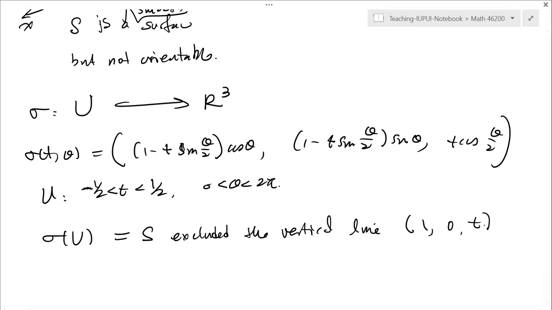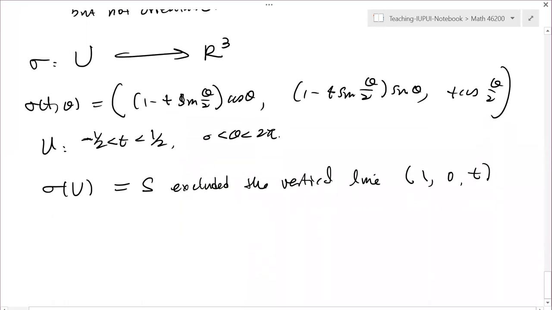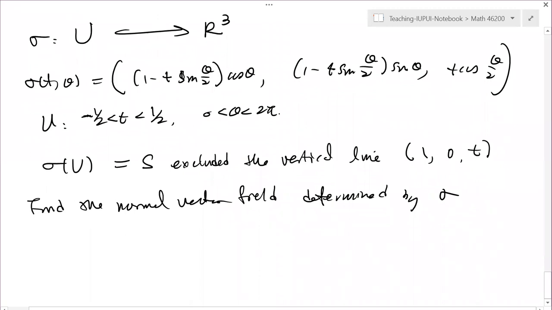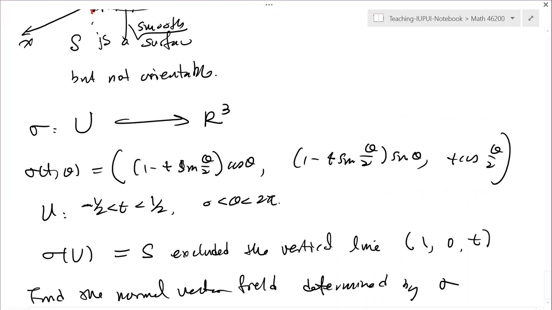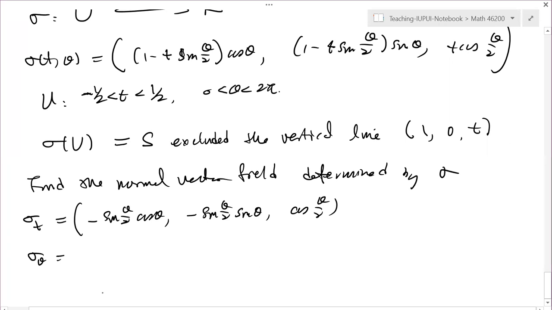But for this, this is a regular surface patch, right? So let's find the normal vector field determined by sigma. You have to do the computation. You differentiate with respect to t, then this will be negative sine half of theta cosine theta, negative sine half of theta sine theta, and cosine half of theta. And sigma theta, when we differentiate with respect to theta,